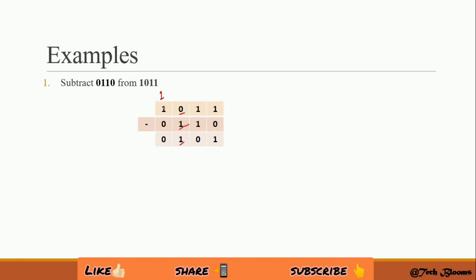So first, you need to perform the subtraction for this: 1 minus 0 is 1. Now you need to subtract this borrow from that 1, so the result of this subtraction will be 1. Now subtract 1 minus 1, which will be equal to 0. So this is how we need to perform subtraction, remembering the rules which I have already told.